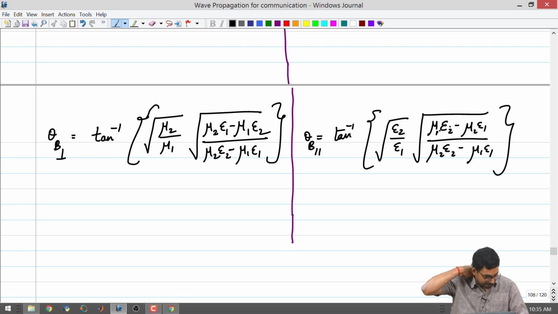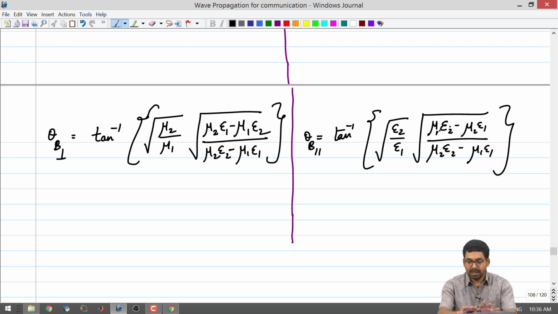One of the things that I have touched upon in the past lectures is mu 1, mu 2 being not the same as vacuum permeability. So, mu 1 and mu 2 are permeabilities, all right. You can write them as mu naught mu r. However, in the majority of the materials there are no magnetic properties; magnetic materials are rarer than the other dielectric materials. So, it is quite possible that for the majority of the materials that you will encounter, mu 1 and mu 2 are equal to mu naught.